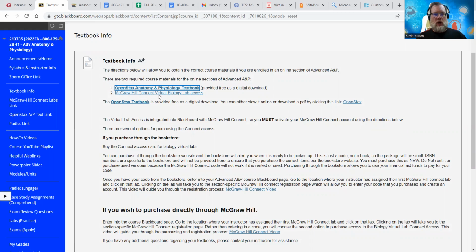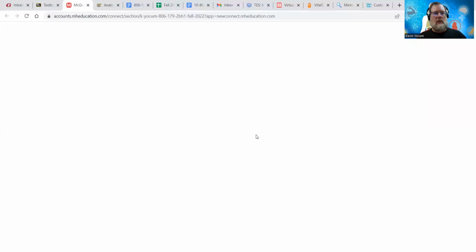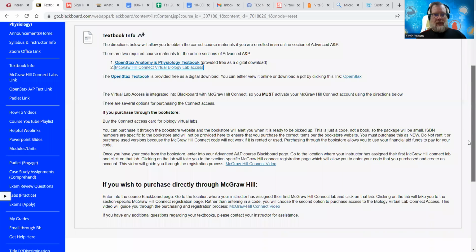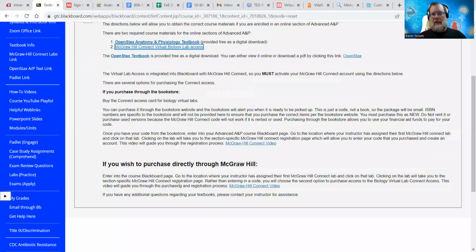All right, so for the McGraw-Hill Connect, there's a link there that'll take you to attaining access. So you do your login info there. If you haven't purchased it, this will give you the opportunity to purchase it through McGraw-Hill. If you purchase the code from the bookstore, this will also give you an opportunity to enter in that code. So there are details in here about that as well.